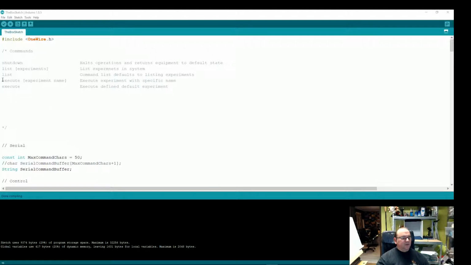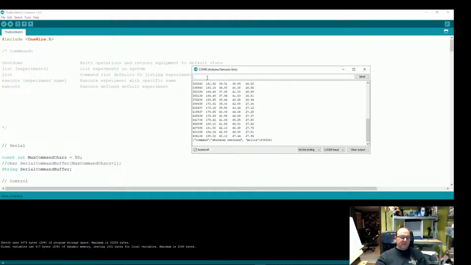Anyway, what I thought to do was to be able to create a set of commands that I can issue on the serial terminal, and I just have some basics, so it would be like a mini operating system. So then one could, for example, do this, and say shutdown, and then it would actually do the shutdown, shut everything down, and restore everything to the default state.